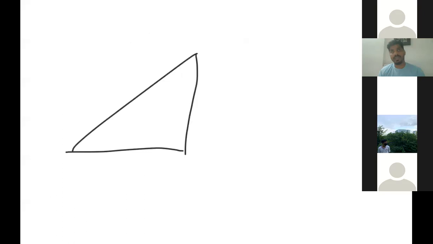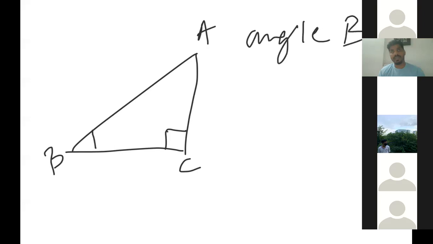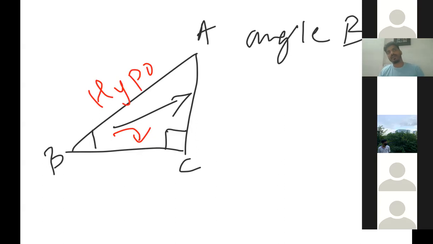Basically, if I have a triangle, first find out the 90 degree angle. So if this is the 90, now this 90 is done. Now this triangle is A, B, and C, and I want to find out the values for angle B. When I consider angle B, this becomes the opposite and this becomes the adjacent. Hypotenuse is always opposite to 90. I will tell you the sine cosine rule for other triangles later, but for a 90-degree right angle triangle, this is how the case is. Is this clear?